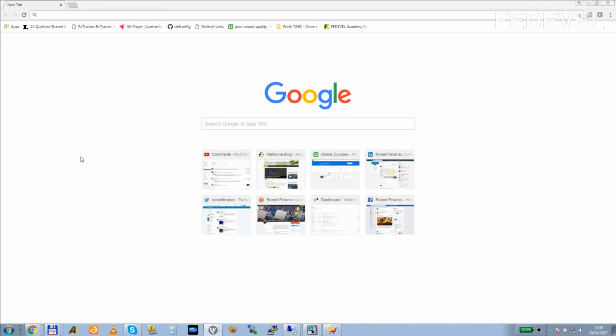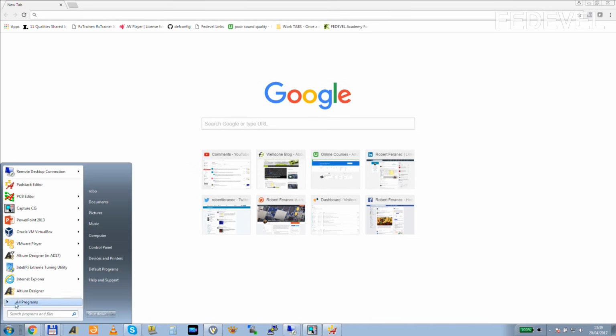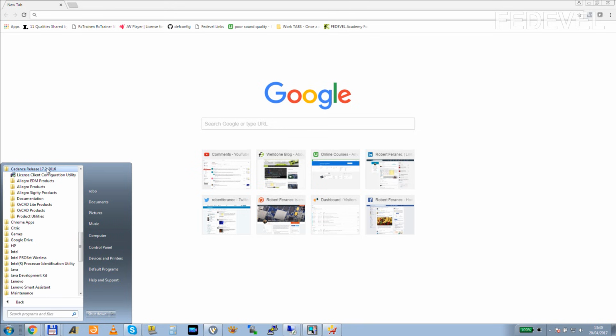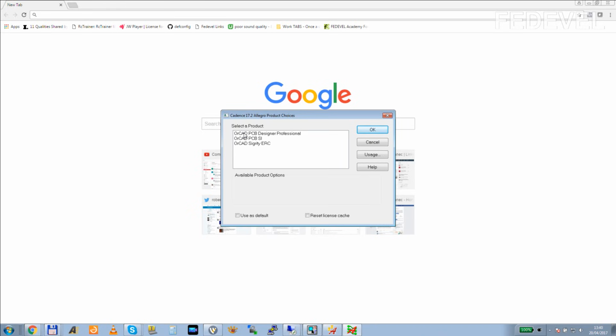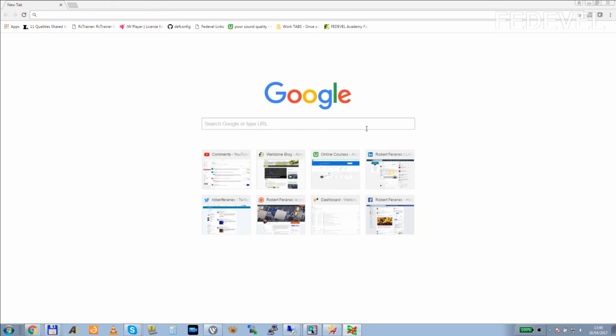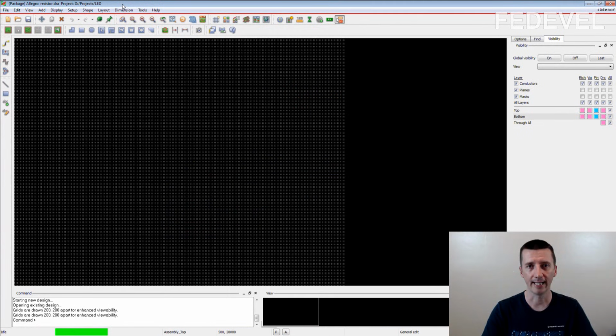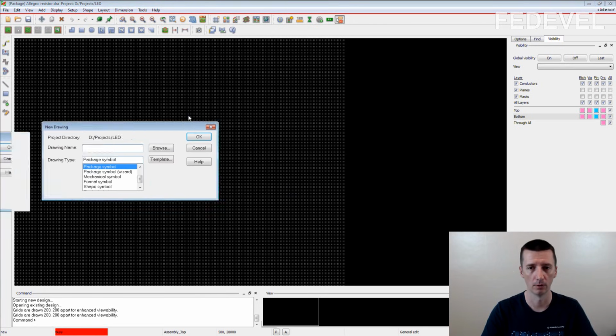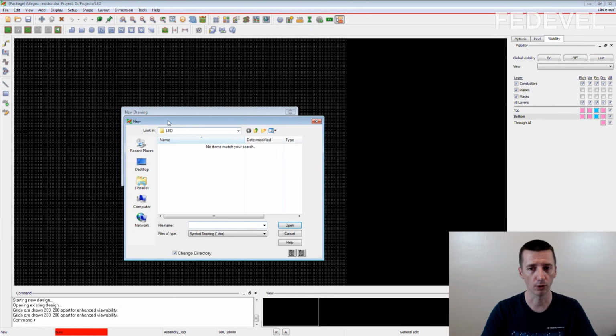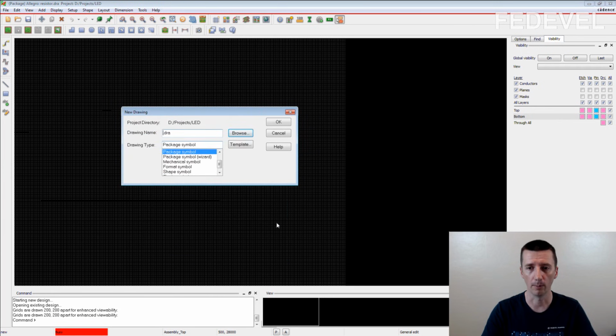We are going to open the Cadence Allegro. Click on Start, All Programs, Cadence, Allegro Products, PCB Editor, and I will select this OrCad PCB Designer Professional. OK. Now we are going to create the resistor footprint. Click on File, New, click on Browse, and be sure you are inside the project directory. It's very important. Open,